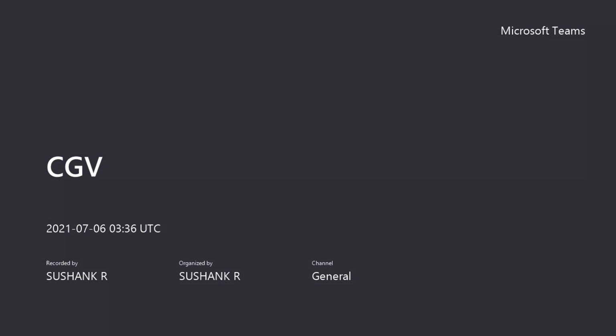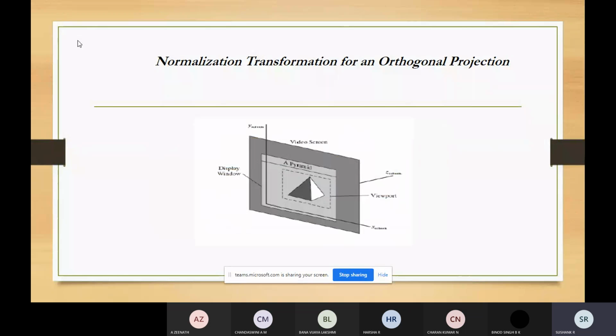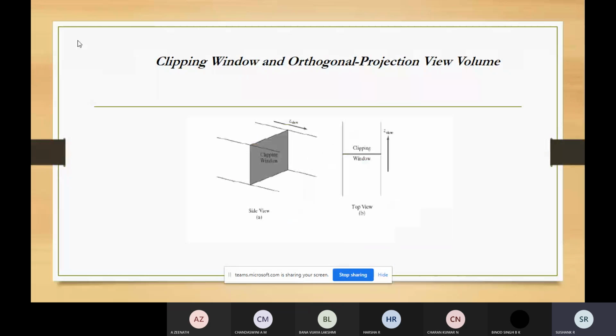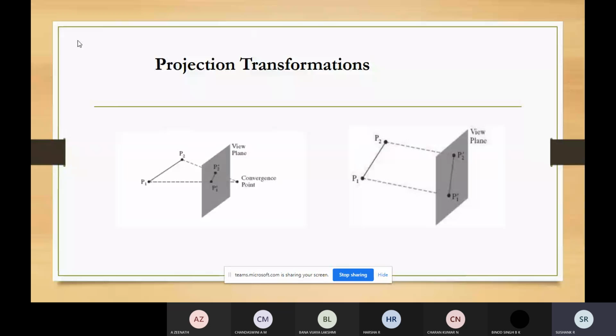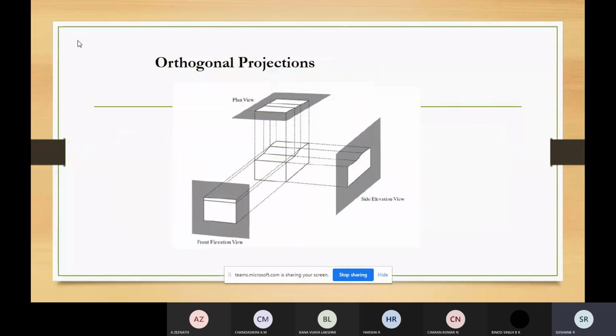The projection. So we are going to talk about one projection called orthographic projection or orthogonal projection. In the last class, we had seen about the transformations, where we had seen about the parallel projection transformation, where one was a parallel transformation, the other one was a perspective transformation. So two kinds of transformation we had seen. In this class, now we are going to talk about the orthogonal projections.